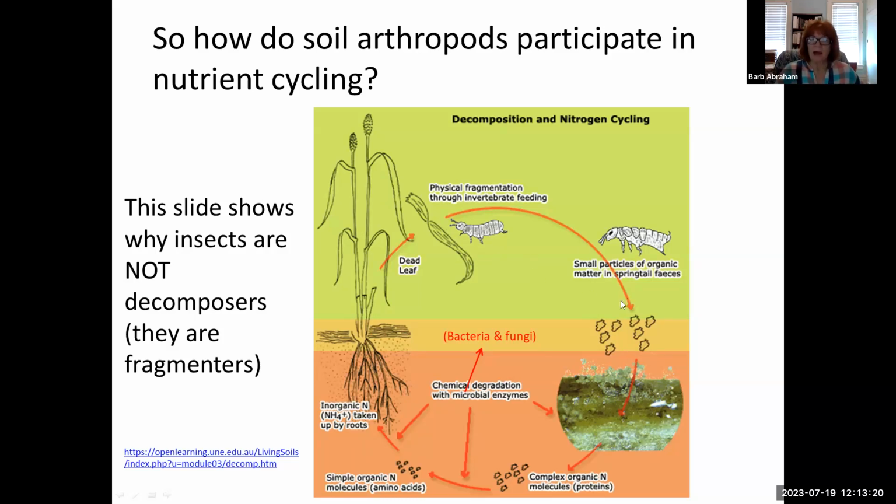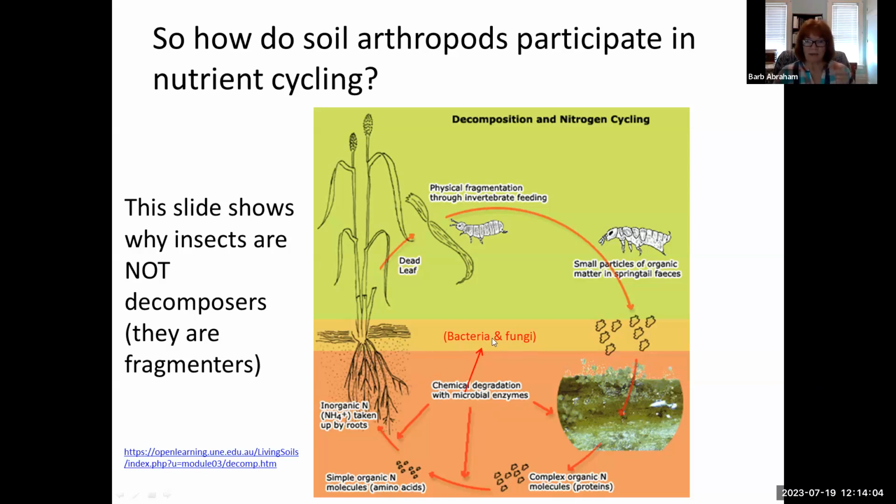They are breaking things down, and there's a principle in science called the surface area to volume principle, which means that the smaller the piece of something is, the bigger its surface area is to its inner part. And that means that there's more surface area available for the soil microbes to act on for these chemical reactions that change this inorganic dead material into those forms that you saw in the nitrogen diagram, for example, that plants can use. So it's really chemical degradation by microbes, bacteria, and fungi. Those are the true decomposers.